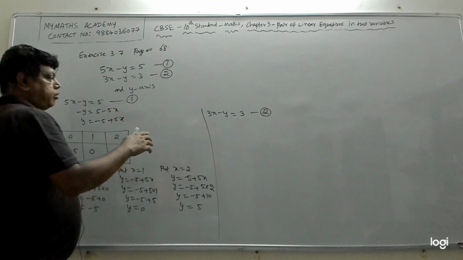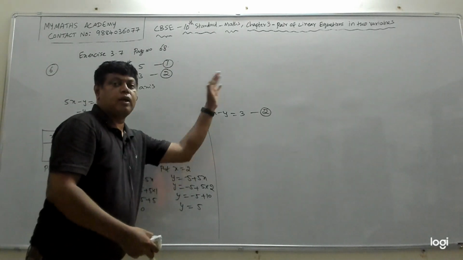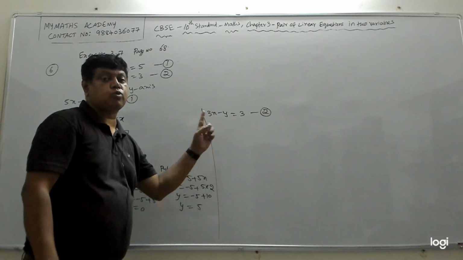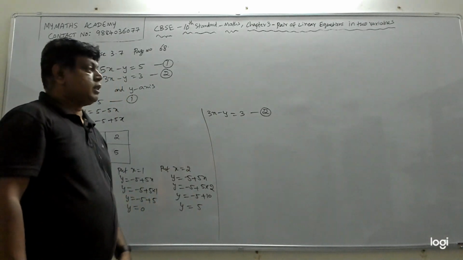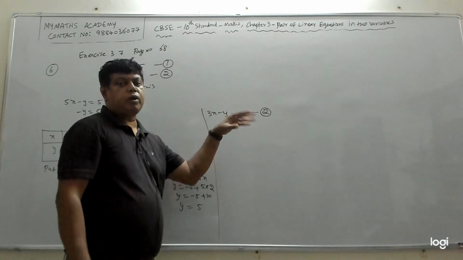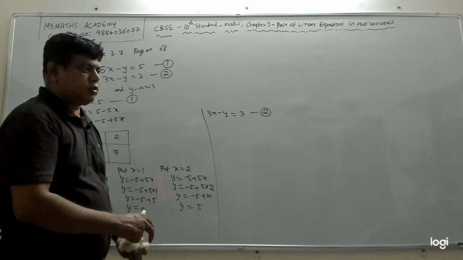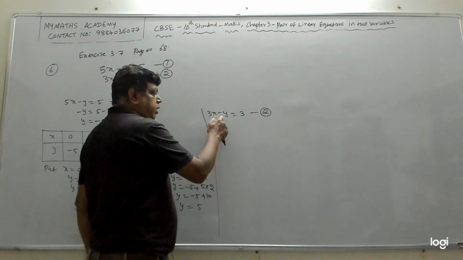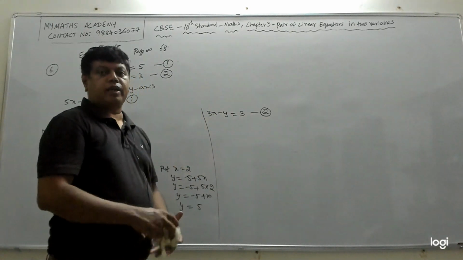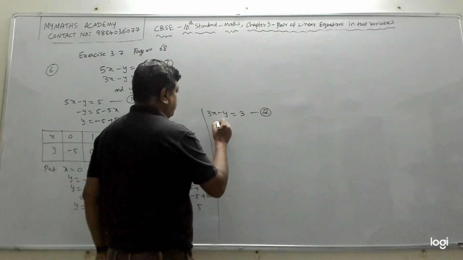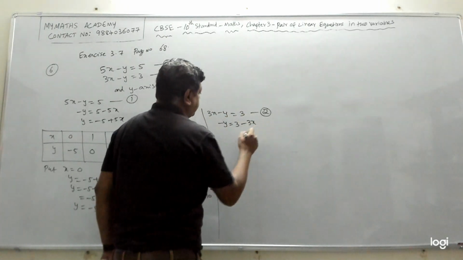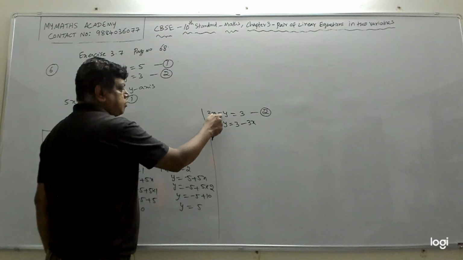Now again, we have to keep one variable here and move the other things to the other side. Which variable will we keep here? We'll keep the variable whose coefficient is 1 or minus 1. If none of them have 1, then you can keep any one variable and move the rest to the other side. That is fine. If you have anything with 1 or minus 1, we can keep that on the left side and move everything to the other side. That will make it easy. So minus y equal to 3, this 3x goes to this side and becomes minus 3x. I am retaining y here because the coefficient of y is minus 1.